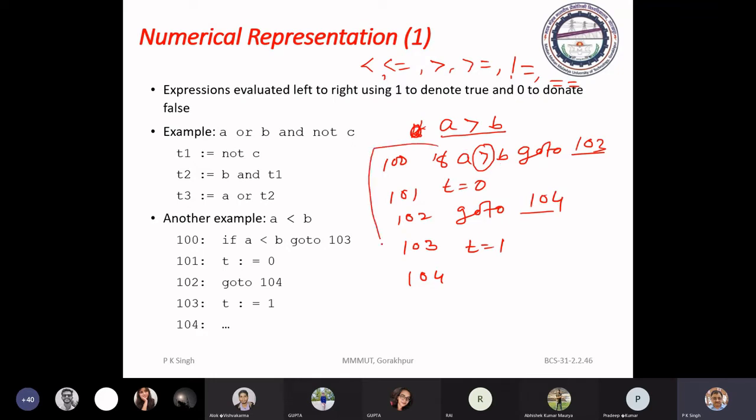This control flow is for A greater than B. If it is true, then the control of execution will switch to 103, where t equals 1 is assigned to the temporary.